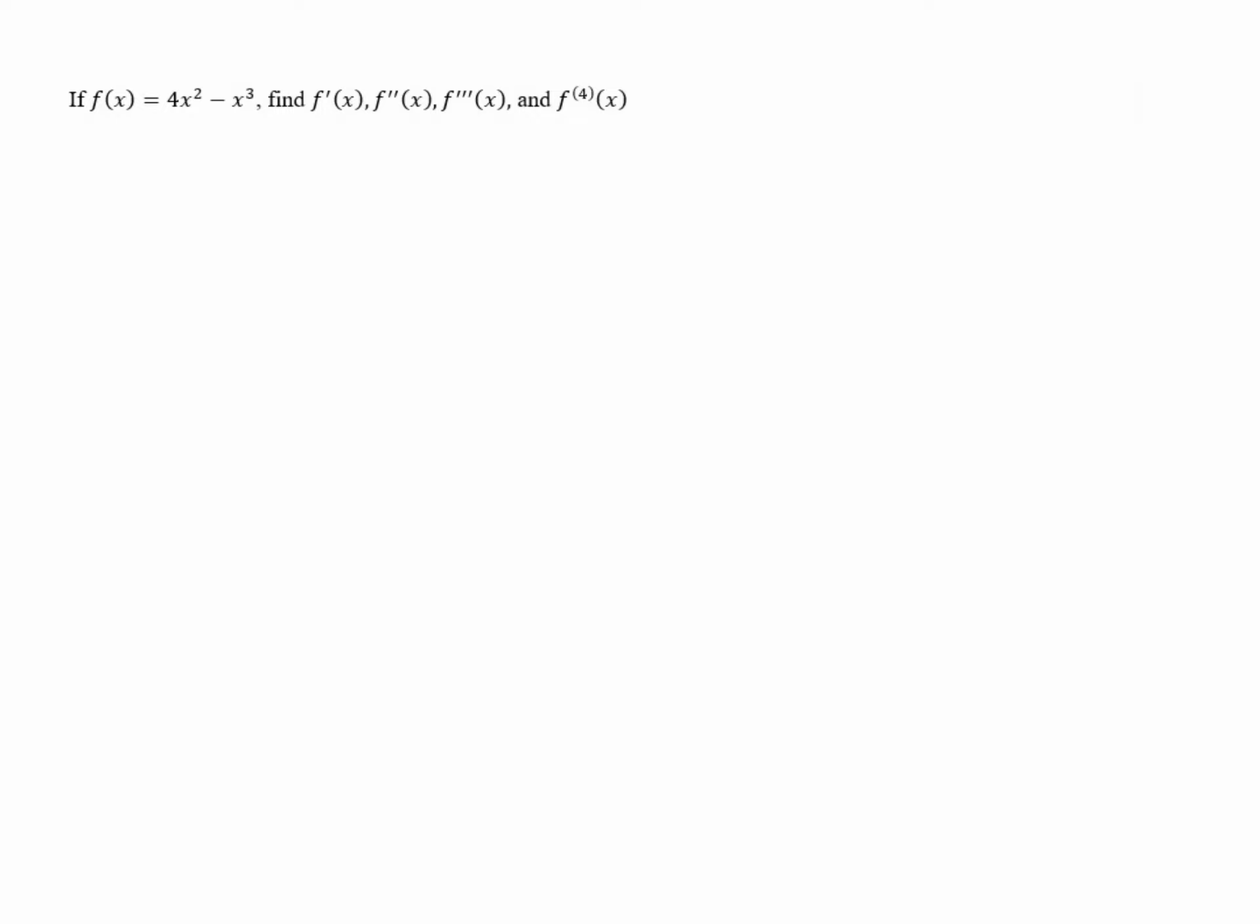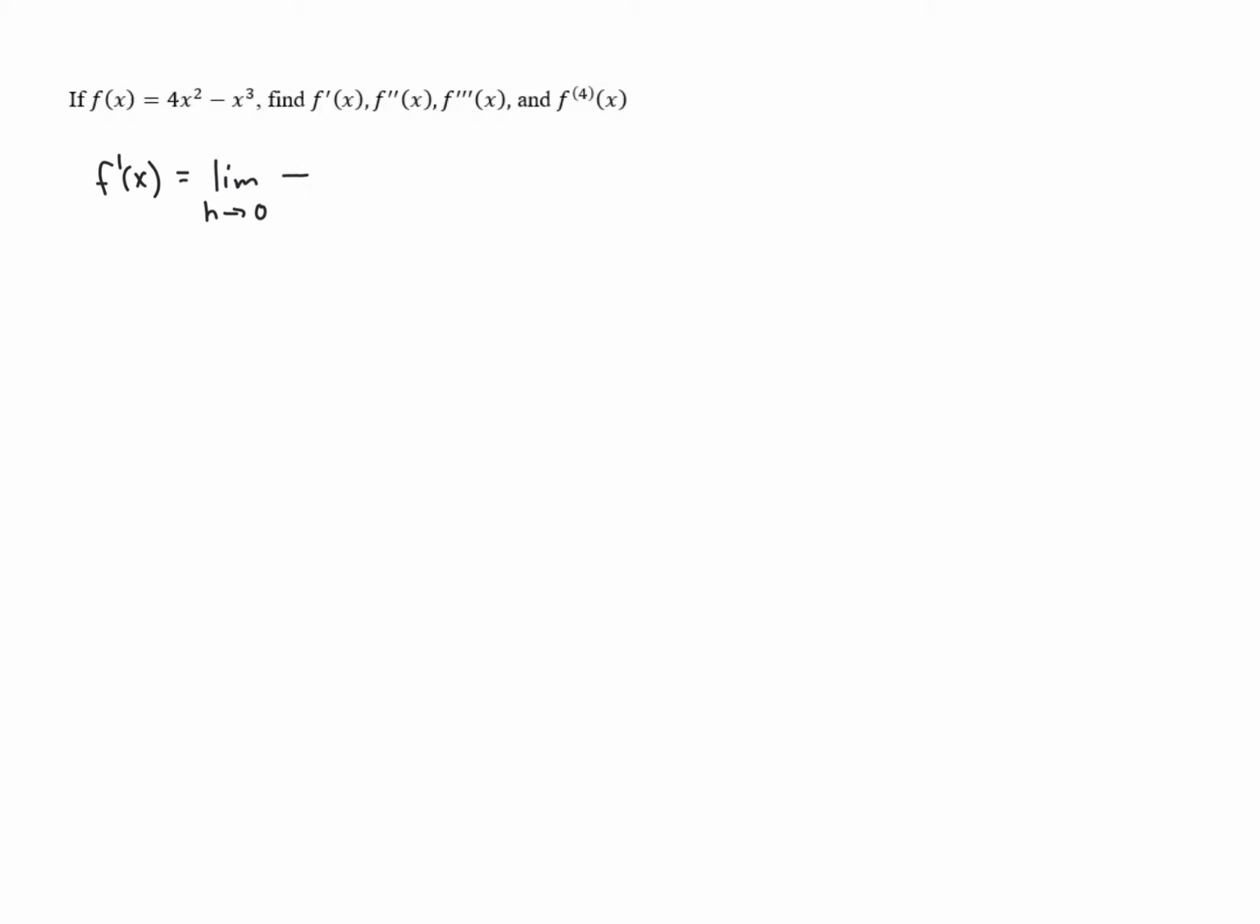If f of x equals 4x squared minus x cubed, find the first, second, third, and fourth derivatives of f of x. So we're going to start with the first derivative. We've done this many times now, so hopefully it should be fairly easy, even if there's a lot of algebra